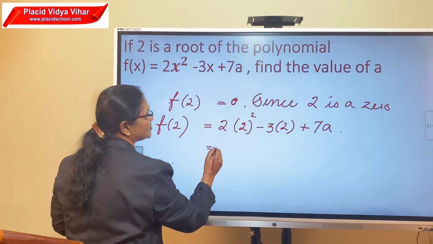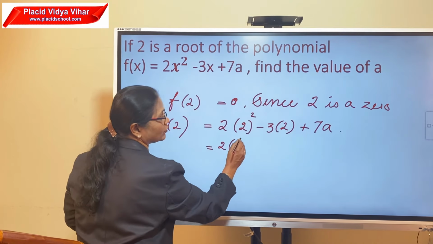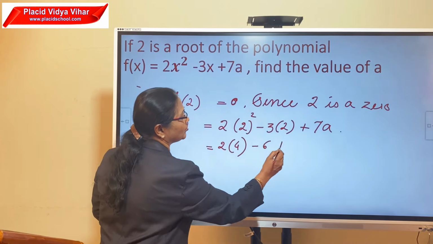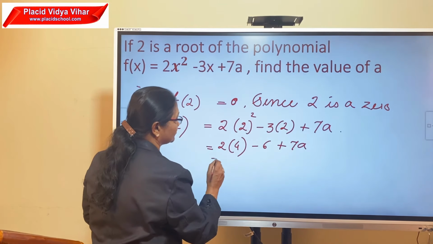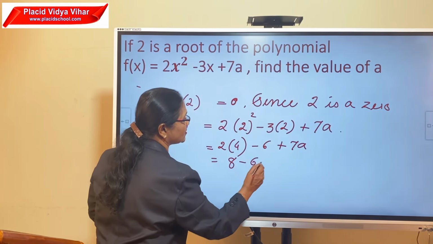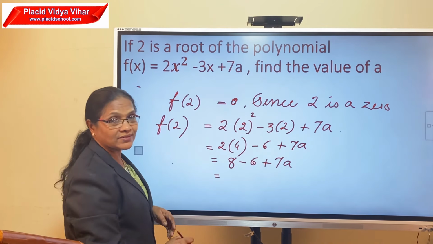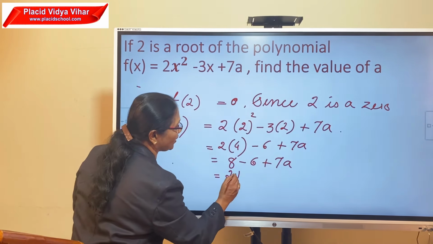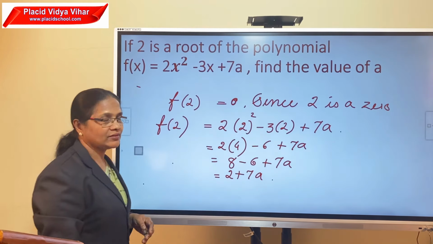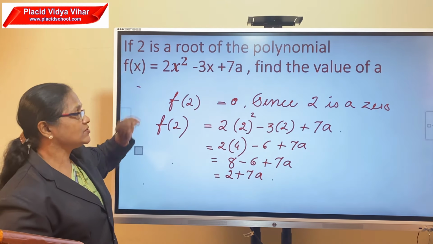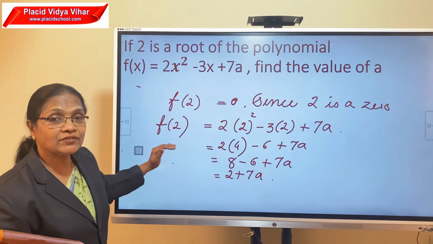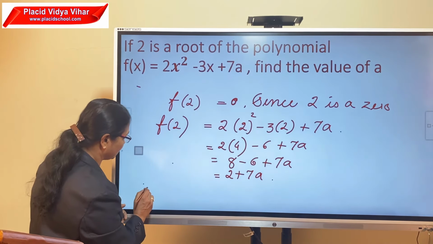We can write it as 2 times 4 minus 6 plus 7a, which is 8 minus 6 plus 7a. 8 minus 6 is 2. Therefore 2 plus 7a. Since f(2) equals 0,